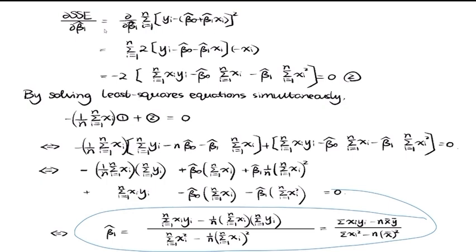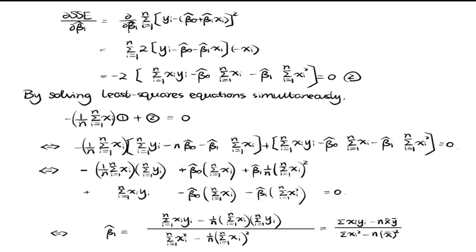So what I did is to differentiate the sum of squares with respect to beta 1. We equate that to 0, and of course, we solve for beta 1. And at the end of the day, this is what we have. Now, after doing that, the next thing we want to do is